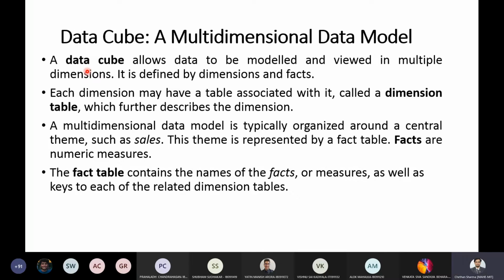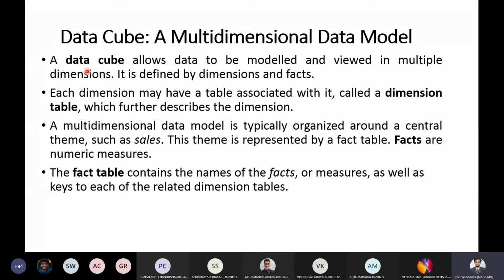The next major thing is the data cube. What exactly do we mean by data cube? A data cube basically allows the data to be modeled and viewed in multiple dimensions. This data cube is defined using dimensions as well as facts, these two things. What do we mean by dimension?